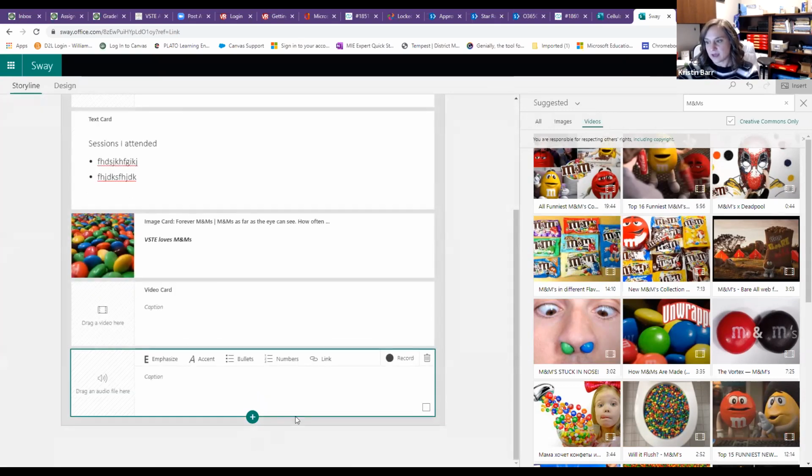Audio files, you can add recorded audio files, but you can also record them here within the sway. So if you wanted to give directions for your lesson, if you're doing a sway for a lesson, you can record and say, welcome to whatever day. Here's what you're going to do today. Click on these links. When you're done, make sure you turn in this, or you go to there, or whatever it is that you want them to do. So you can add